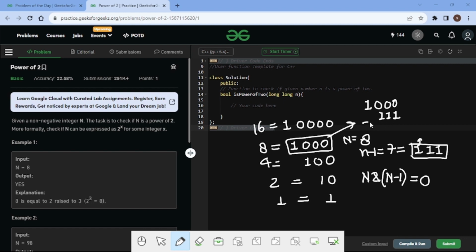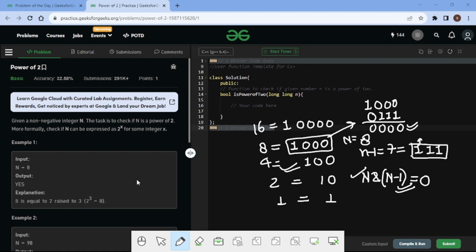If we take this bitwise AND, every bit becomes 0, so the result is 0. So if for any number n, n bitwise AND n minus 1 gives 0, then that number can be represented as 2 to the power of some number.